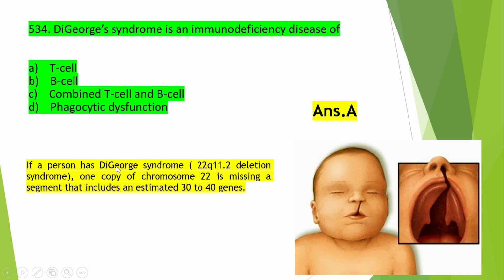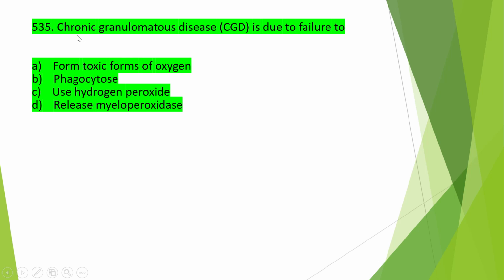So if a person has DiGeorge syndrome, one copy of chromosome 22 is missing a segment that includes an estimated 30 to 40 genes. So this is the consequence of DiGeorge syndrome. Okay, so let's move on to question number 535, that is chronic